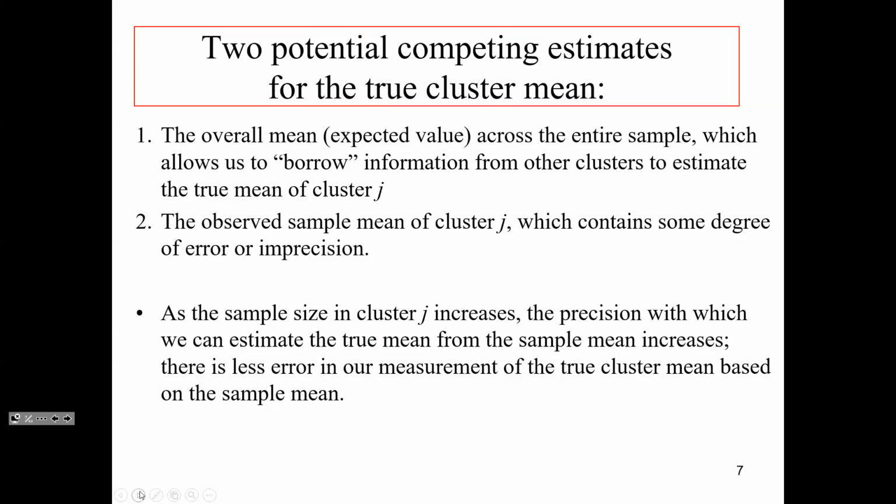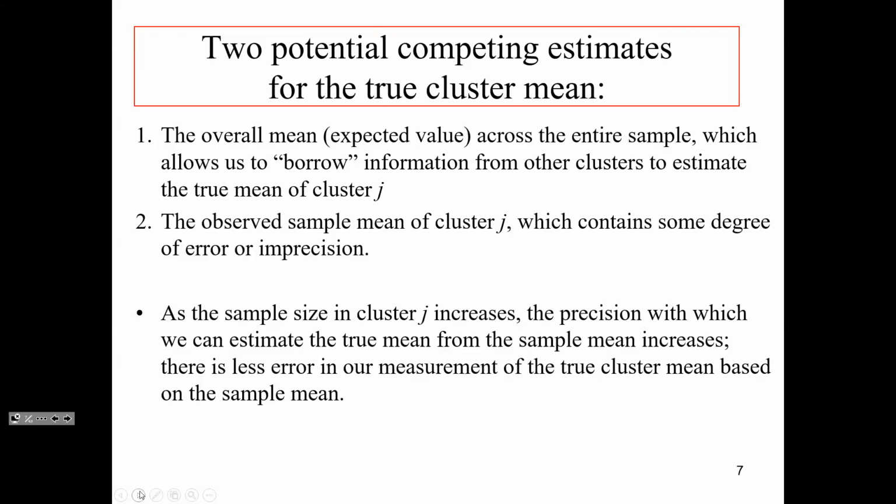Yeah, well, again, we're in an unconditional model. You're right about the similar school thing, but for now, let's just say I don't have any predictors at all. So all I have is gamma naught naught, which is basically an estimate of the overall mean, right? If I know nothing about this school, what's my best guess about the school mean? The overall mean, right? Because I have no information about this school. So my best guess would be the overall mean in the absence of any information. So that's one